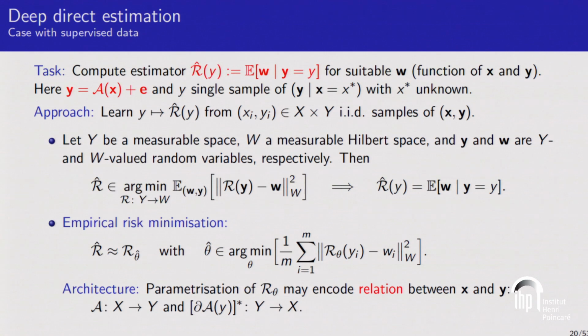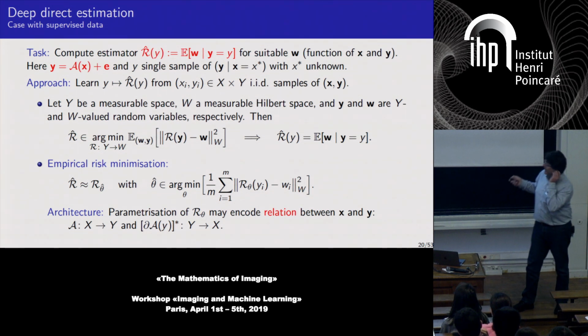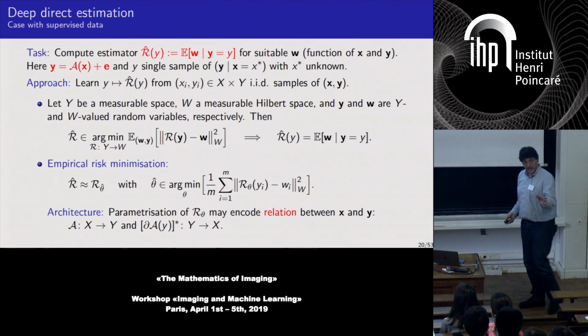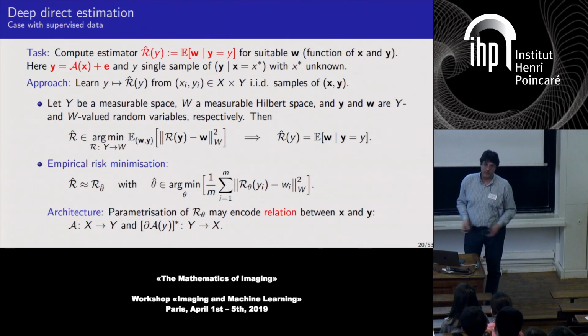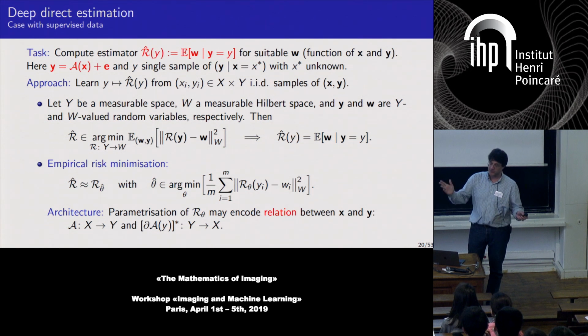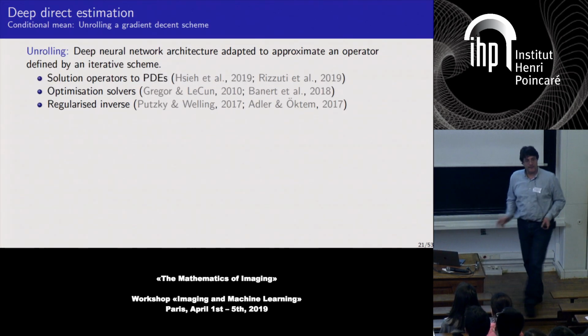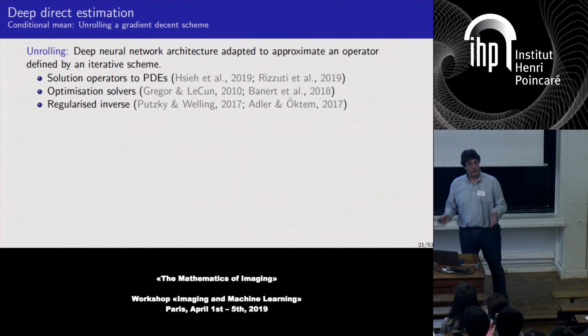So the task here is to pick an architecture that is a parameterization of these operators popping up here, that encodes explicitly the relation that we have up here. Typically, I want to encode the forward operator and preferably also the adjoint of its derivative. These are, by the way, the same components you have when you do a regular variational method, right? Or other reconstruction methods, for that matter. And this brings us to the idea of unrolling. I want to take 1 minute to make an advertisement for the idea of unrolling because it's quite a